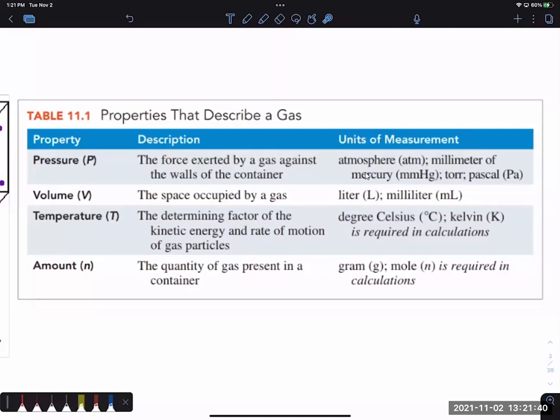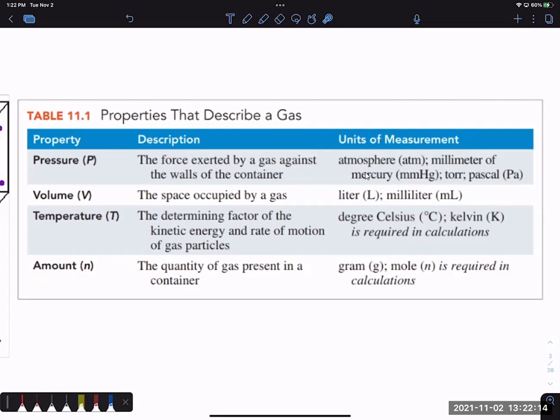For temperature, again, it has degrees C in here, and you can use that sometimes, but you have to know when you can and when you can't use it. You can always use Kelvin. So if you convert from degrees C to Kelvin, you're just safe in every situation. Temperature determines how hard and how fast the particles are hitting the wall, so that's related to pressure. The amount of particles, which we're going to talk about primarily in moles,